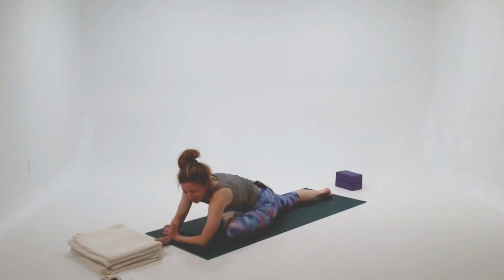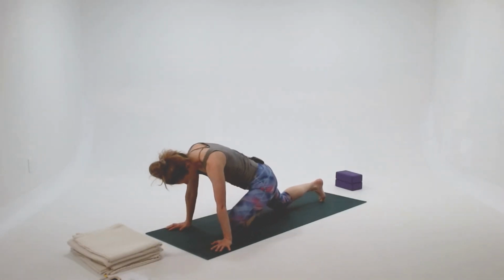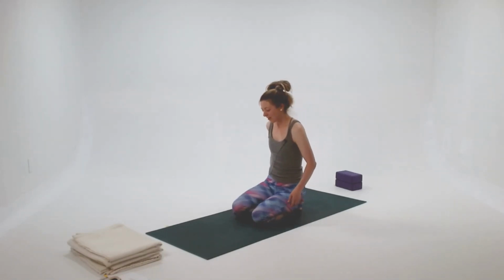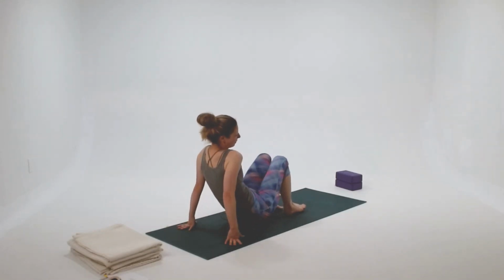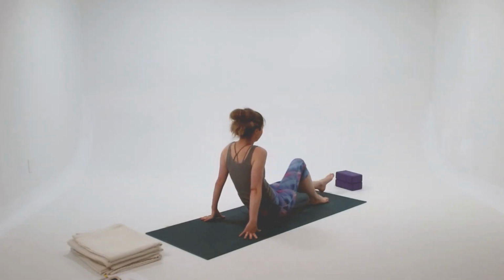And slowly, slowly, come on all the way up. And we'll prepare for final resting pose, so Shavasana. Taking all the time you need to get settled in. Maybe if you need a sweater, socks, probably not in the summer. I'm in my basement though, and it's a little chilly, but